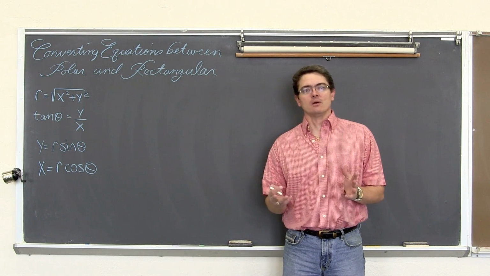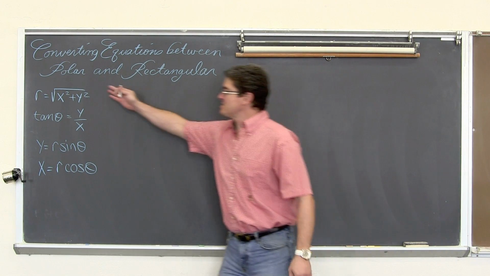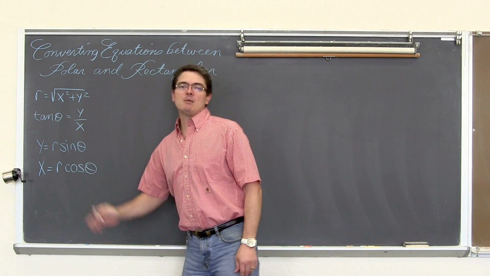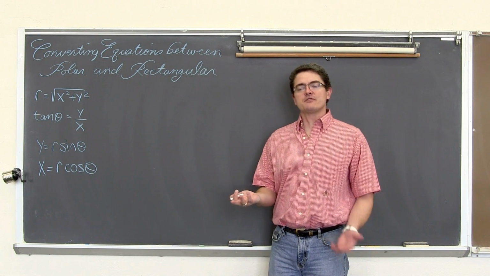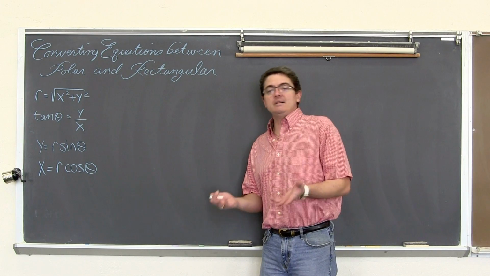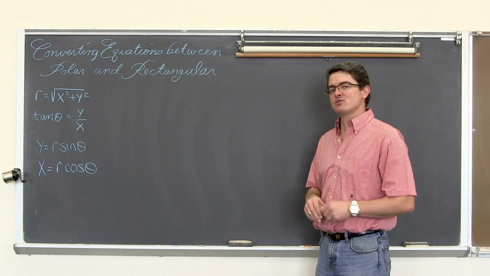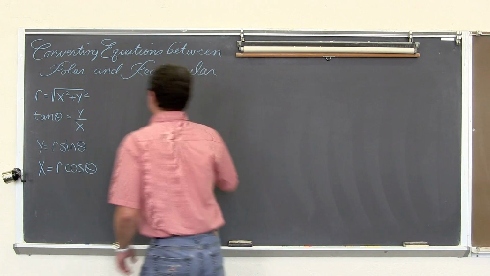In this video we're going to do 7 examples of converting equations back and forth between rectangular and polar form. We're going to use these 4 formulas that, as I said in my previous videos, we can come up with on our own from our knowledge of trigonometry, but they're given to us in the textbook. Let's use them to do these conversions. Let's start off with this question.